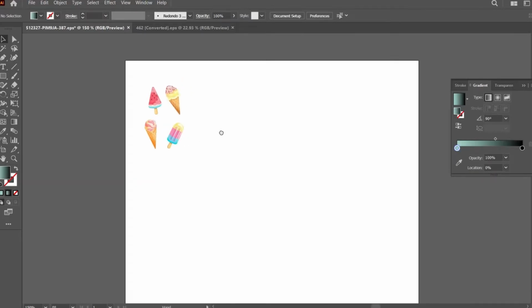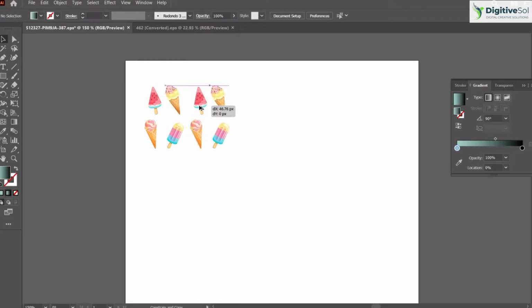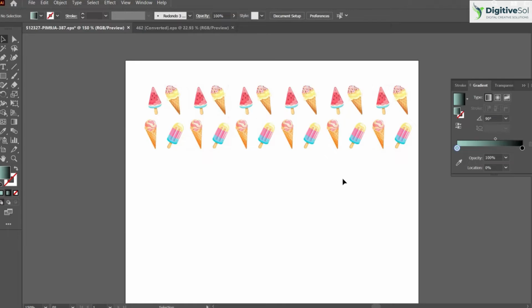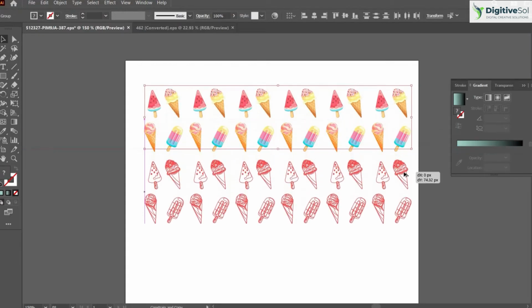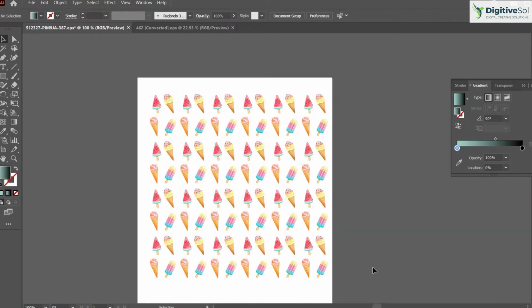As you can see, I have just created a few illustrations of an ice cream cone and I want to create a repeated pattern of it. There are multiple ways to do it. One way is to simply group these four and, holding the Alt key, keep pressing Ctrl D, and it will replicate the same. In the same way, you can move it vertically and press Ctrl D,